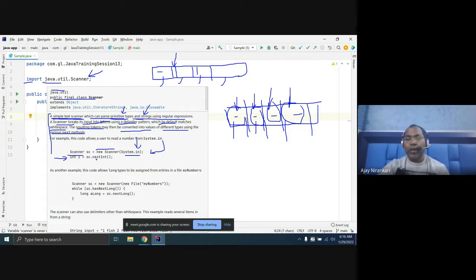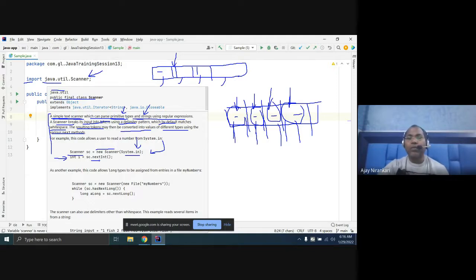So here there are different next methods, meaning you get one value at a time. You can use next methods, for example nextInt, nextDouble, nextFloat, nextLine.